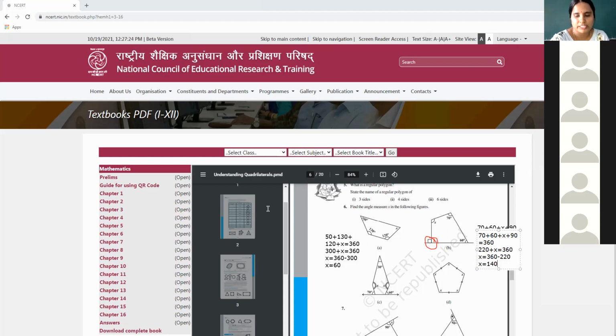Well done. So that is it. So your task for today would be to try to solve C and D. Here C also will be done based on the linear pair concept. You have to apply both linear pair and also the angle sum property for the question C. And question D is a regular polygon. So you are going to use the concept of regular polygon in question D. Try them out. Let us check how you will be doing it.